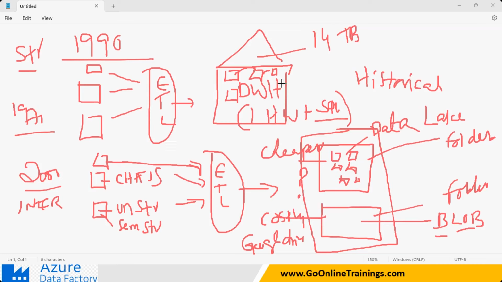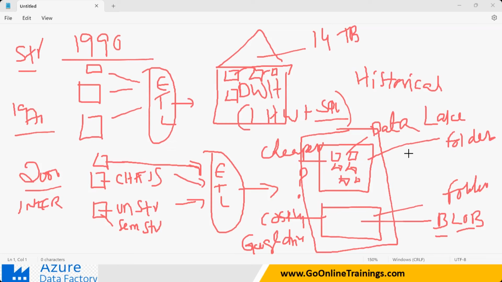we are able to store structured data in data warehousing. Today companies are going to be storing large amounts of unstructured data and semi-structured data in folder structures. These are available in all your Azure or in AWS. So a data lake is nothing but a folder, or a blob is nothing but a folder in your Windows, if you wanted to understand. Clear? Instead of saying a folder, IT gives two special names. One is called a data lake, one is called a blob.